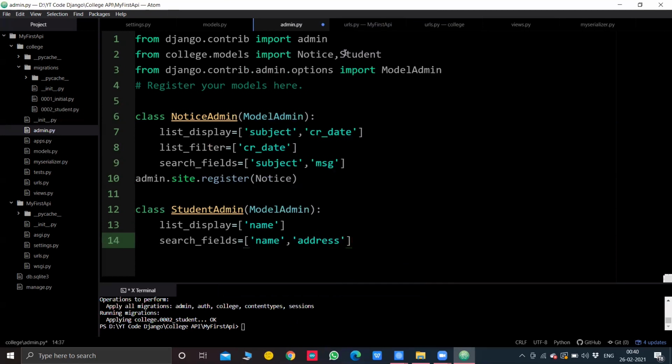Okay, and again list_filter equal to address.